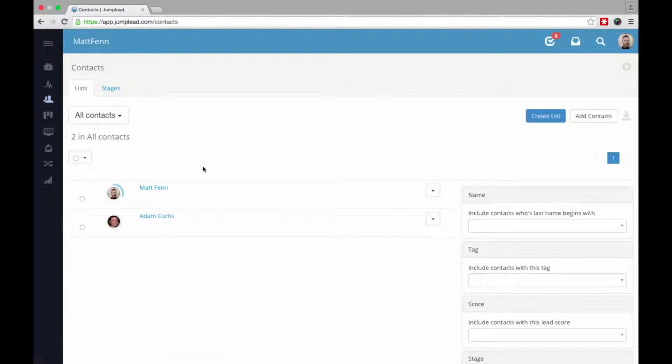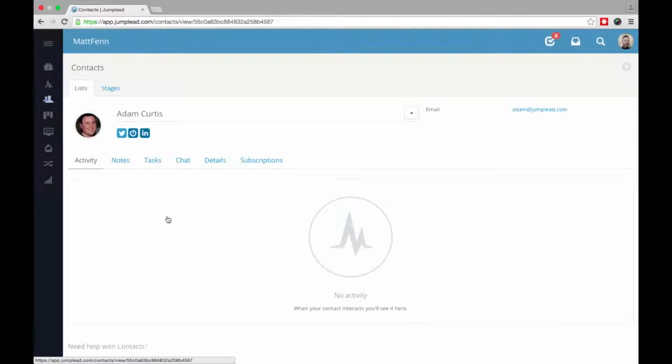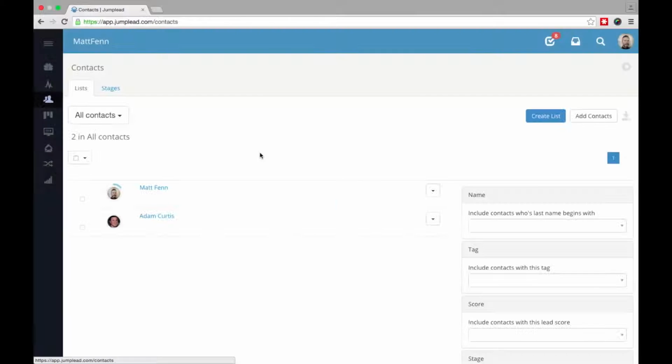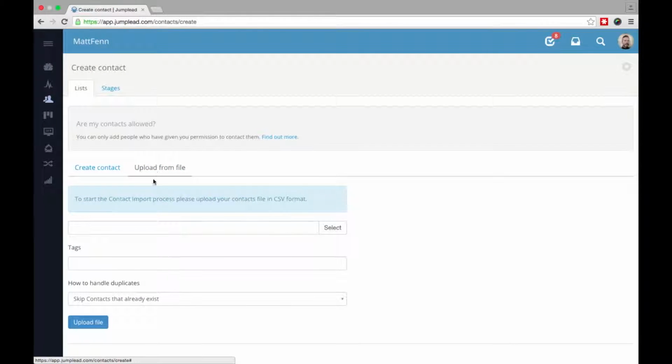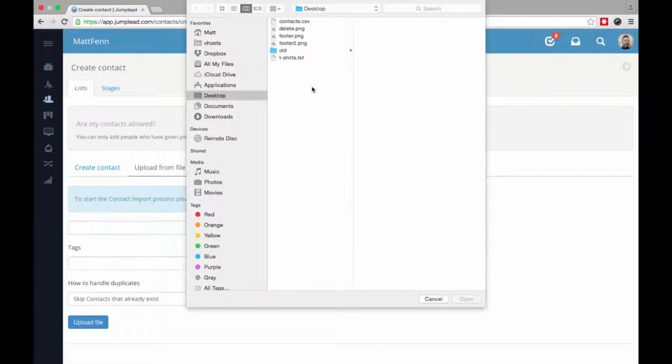So if we drop back over to the contact section, you can see that my contact now exists within the system. Also, Jumplead off in the background has pulled together the social media network connections for that person. So what I'm going to do now is import a CSV file which has a bunch of contacts in it. What I'll need to do is firstly navigate to my CSV file, which I've got here sitting